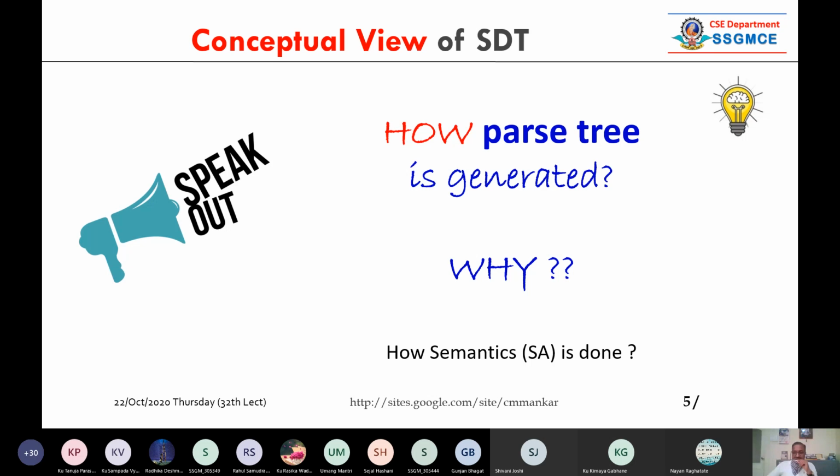If someone wants to ask me why that, you should keep 2 things in your mind: business data and simple data. And the second thing, analytics, that is how to do analysis of data, and why we analyze. See, whatever you are learning in this subject is nothing but syntax analysis, lexical analysis, everything you are doing is something called analysis. So you should focus on business data or simple data and do some kind of analysis, and try to learn what the different ways to do the analysis are.